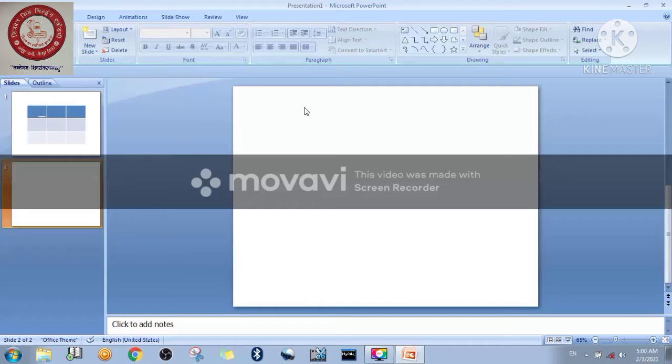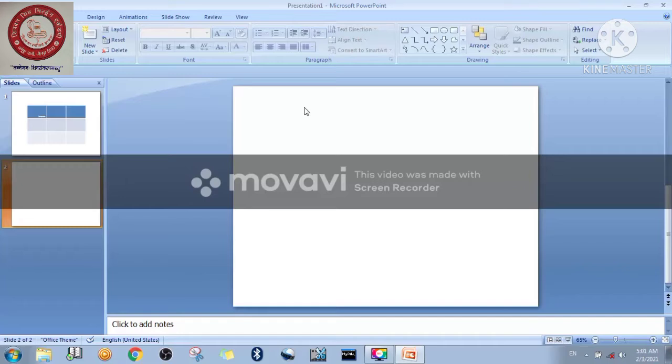So I will show how to insert each and everything, but before that we need to understand what a data sheet is. A data sheet means data that is displayed in a special window, and that special window consists of all the required data in the form of a table. The place where the data is located is one kind of sheet, and that sheet is known as a data sheet.